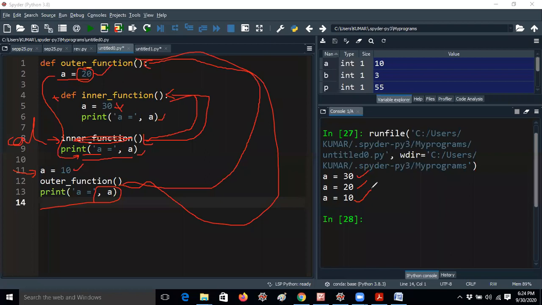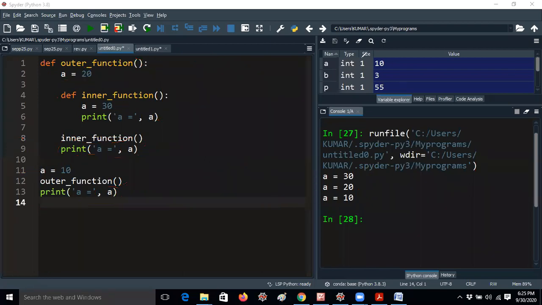So you may be confused, guys, but this is the concept I would like to tell you. That's the reason I am telling you this is nothing but a namespace. To identify it, we have to understand the logic. Then only you can understand what the program will do. Okay, and I will tell you one more thing also.